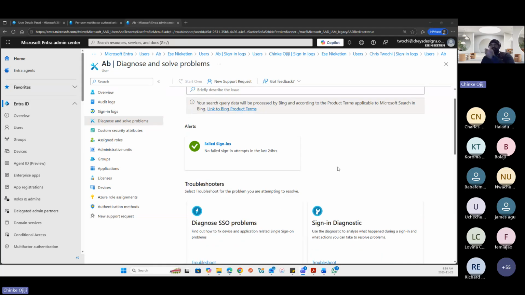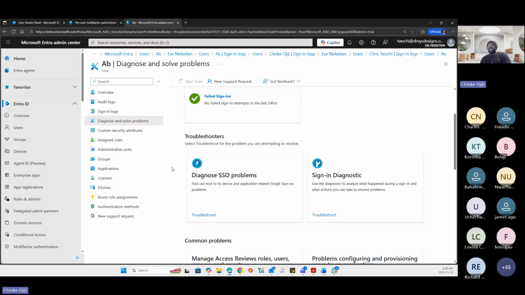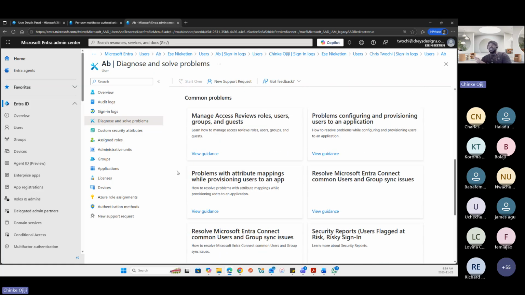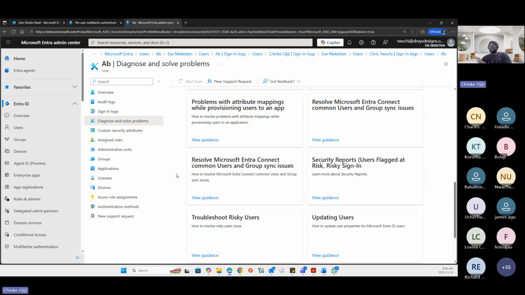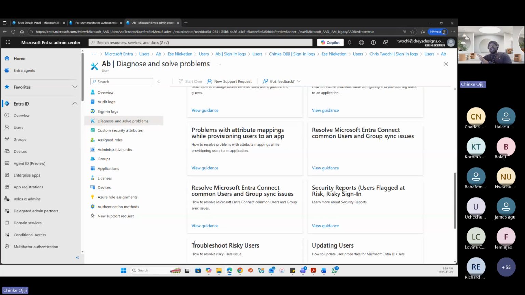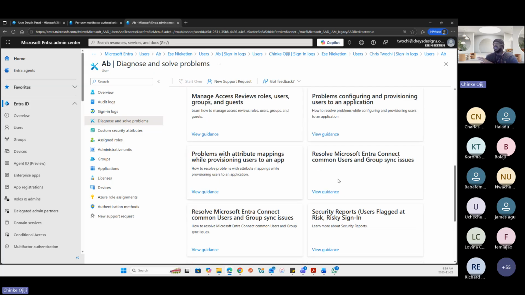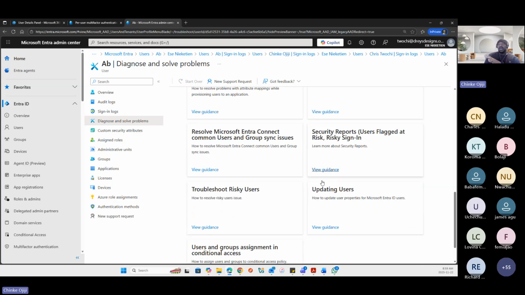So we're talking about setting that up. You can also set up alerts, and you can see failed sign-ins. I won't go into how to set up those alerts today. I'll just give you an overview, and if you take a look at the Explore Identity documentation as well, you will see more about setting up those alerts and so on. You can also get guidance in here as well, okay?